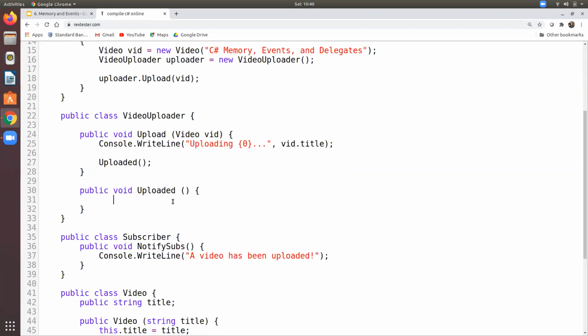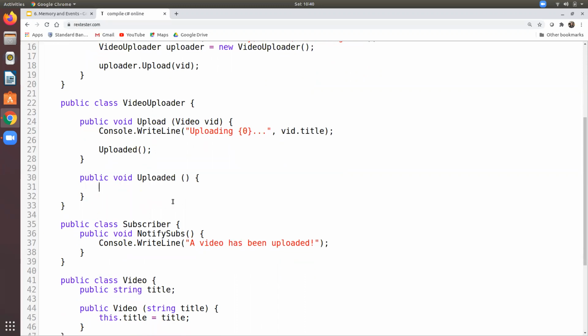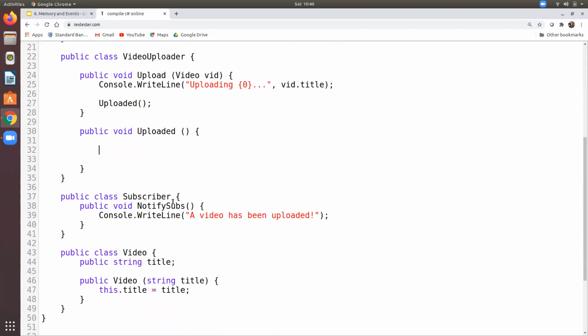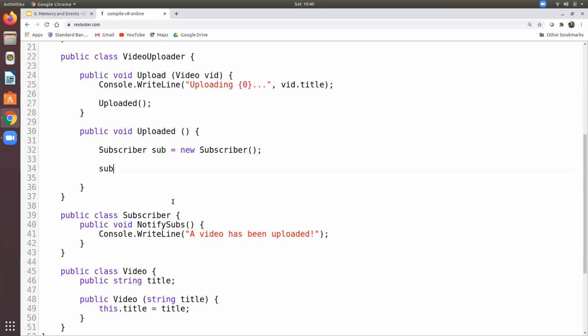And all uploaded will do is go ahead and notify the subscribers. To do that, it's going to have to create a subscriber object. So it's going to have to say subscriber sub equals new subscriber. You can imagine this would be handled slightly differently, but it's fairly sufficient for now, just for the sake of our example. And then it calls sub.notify subs, which is the method that,